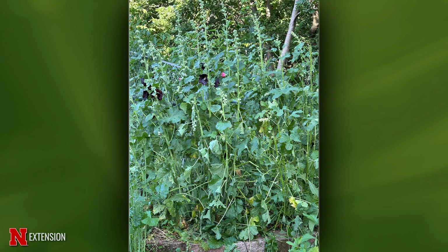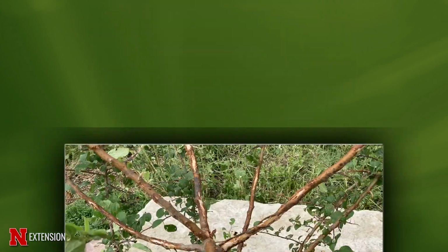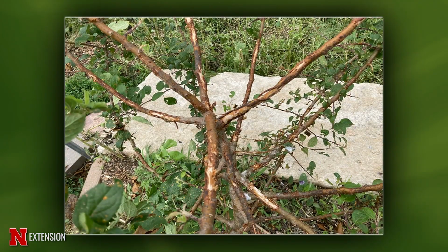All right, and your next one, unfortunately, is west of Fort Calhoun. This is a 3-year-old crabapple, with golf ball sized